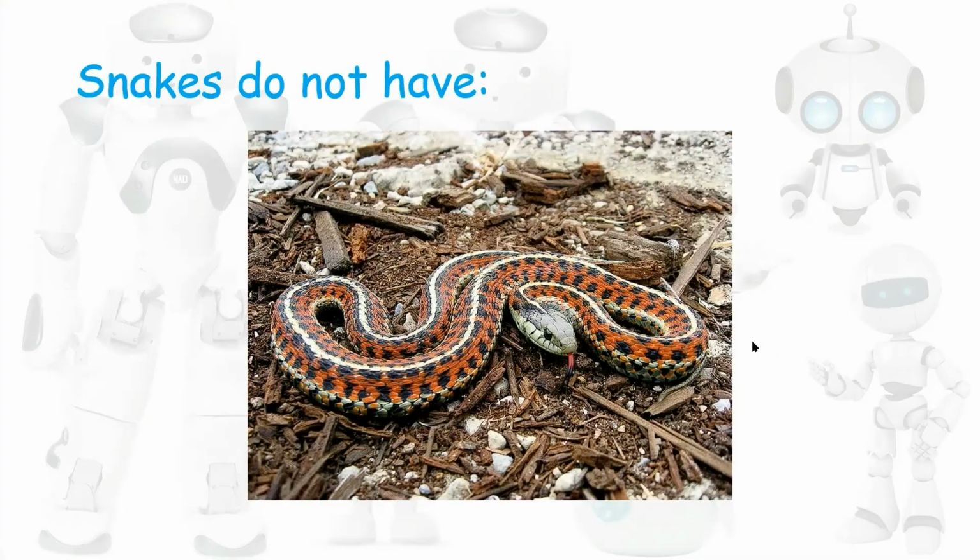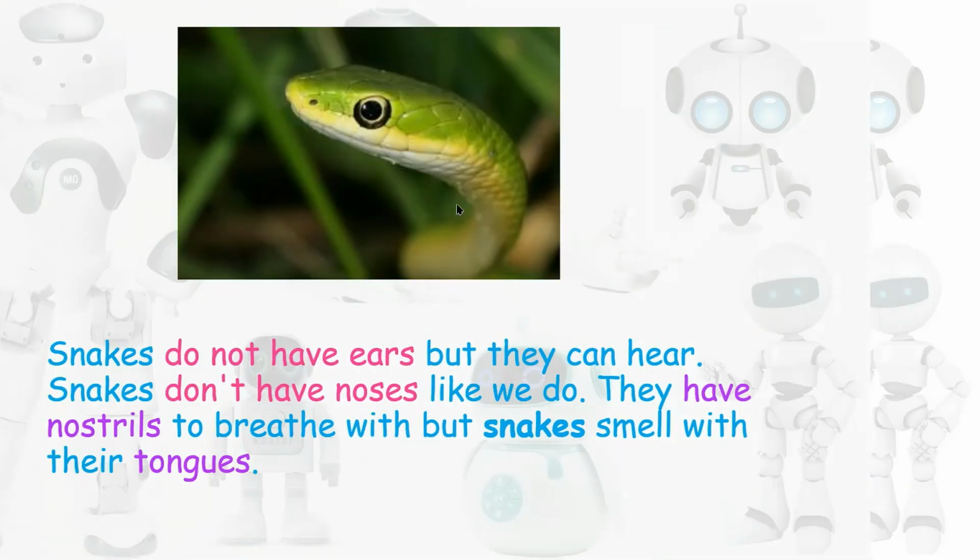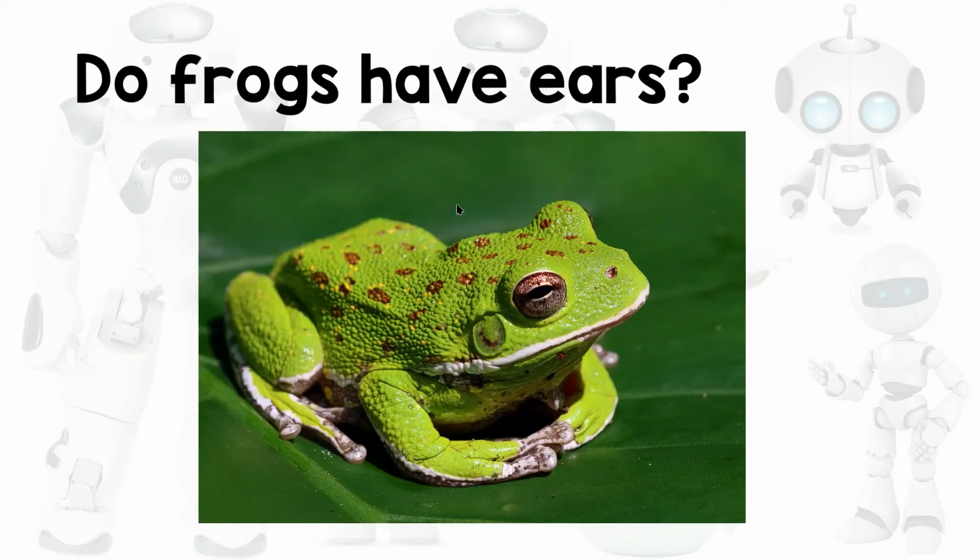Do you know snakes do not have ears, but they can hear? They don't have noses like us, but they have nostrils. Nostril 就是鼻孔, to breathe, and they smell with their tongues. 他们用舌头来闻东西的。他们的鼻孔呢，这个鼻孔就是给他们呼吸的。虽然没有鼻子，可是他们有鼻孔，可以让他们呼吸。